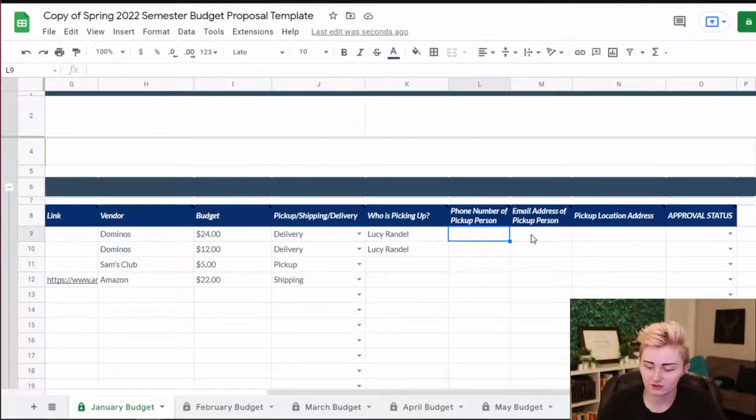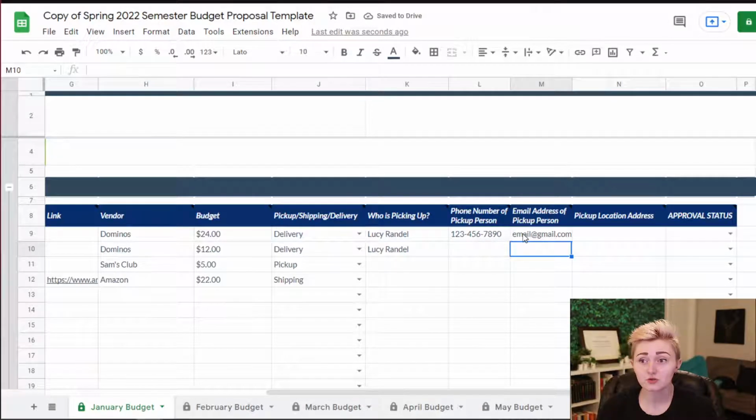So Lucy's phone number, 123-456-7890. Right, cool. I need their email at gmail.com. Cool, got their information. When it comes to their phone number, I need them to be willing to answer calls